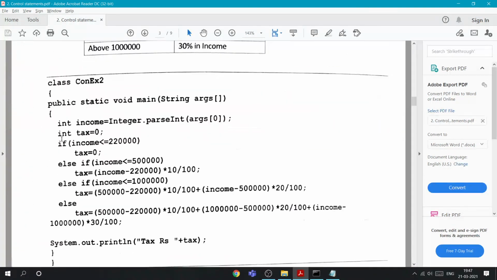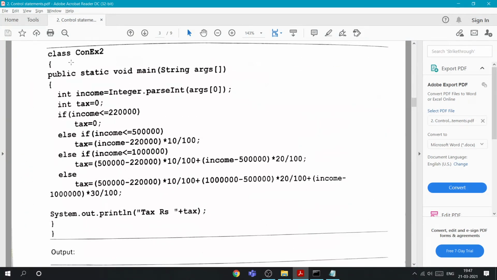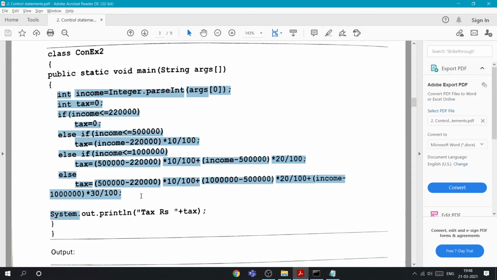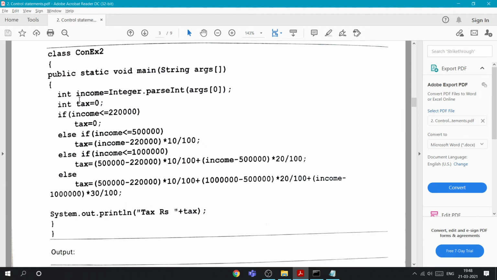In this example, the class and public static void main are the same for every code, so we are not focusing on them, only on the middle part. So int income equals Integer.parseInt(args[0]), so it takes the value from the command line and stores it in income.